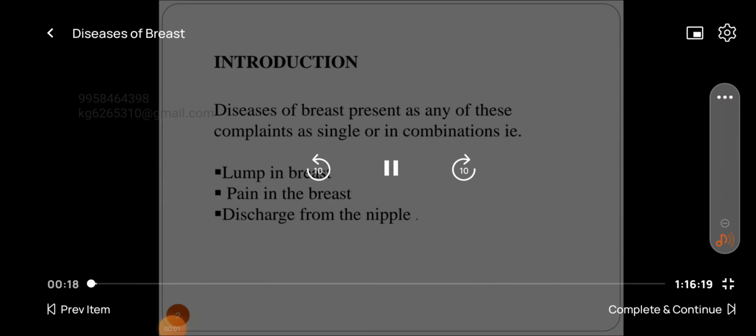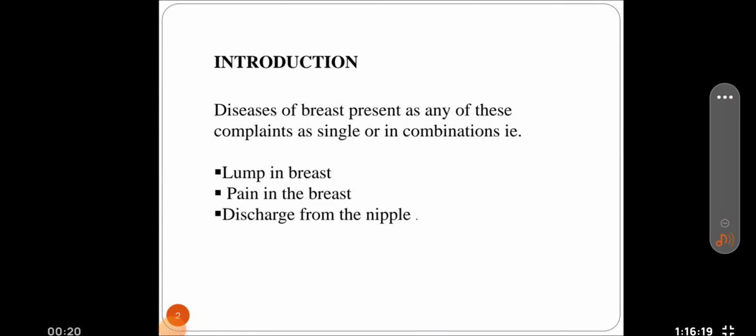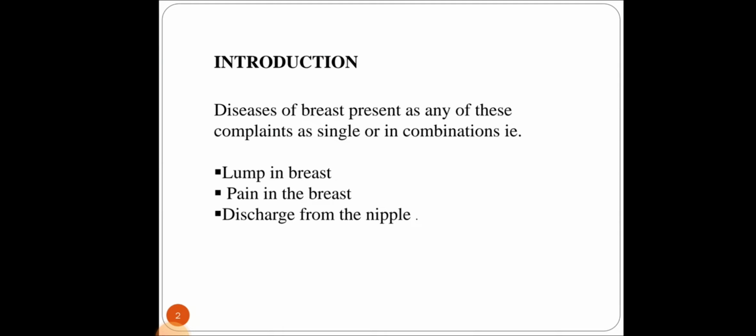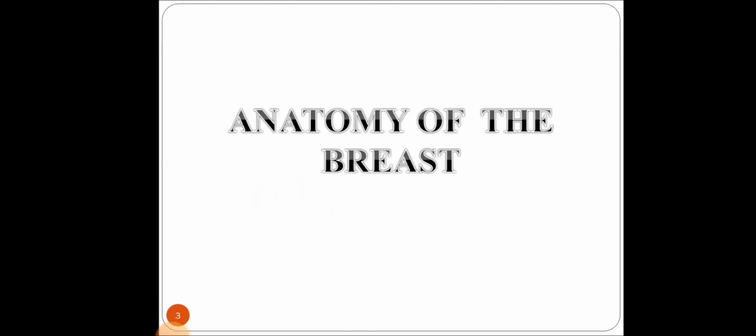Signs like it can be presented as a lump in the breast, it can be pain in the breast, or it can be discharge from the nipple. Any of these presentations can be present when there is an underlying disease of breast. It can appear as a single complaint, or else it can appear in combinations also. Either three of these together can occur, or else individually also these can occur when there is a disease happening